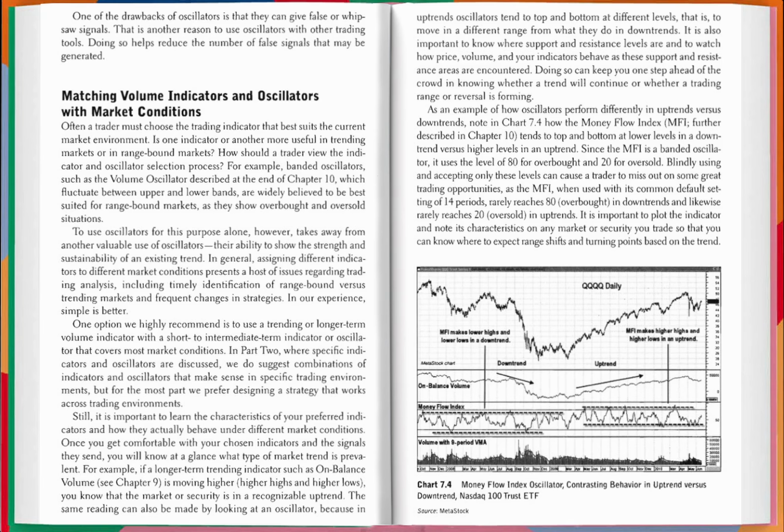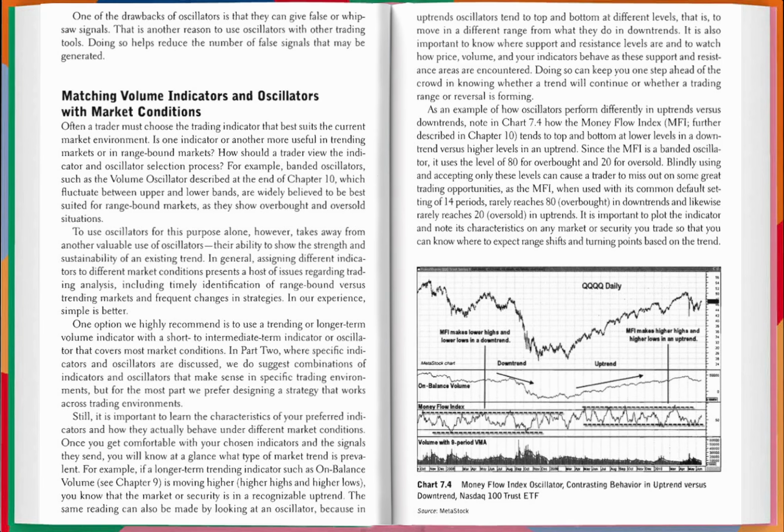Doing so helps reduce the number of false signals that may be generated. Matching volume indicators and oscillators with market conditions. Often a trader must choose the trading indicator that best suits the current market environment. Is one indicator or another more useful in trending markets or in range-bound markets? How should a trader view the indicator and oscillator selection process? For example, banded oscillators, such as the volume oscillator described at the end of Chapter 10, which fluctuate between upper and lower bands, are widely believed to be best suited for range-bound markets, as they show overbought and